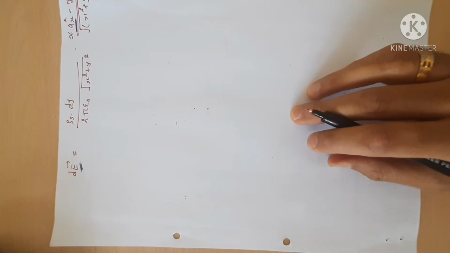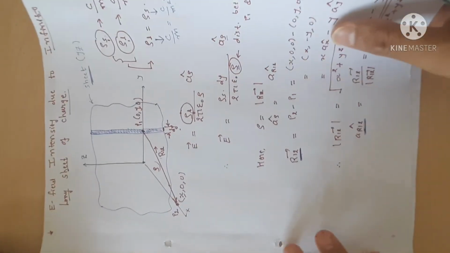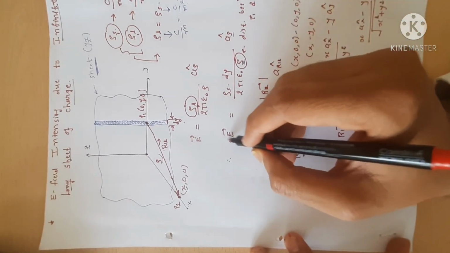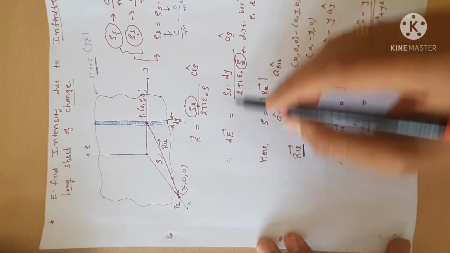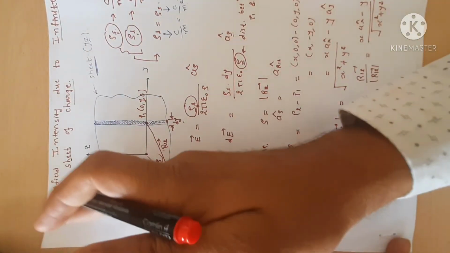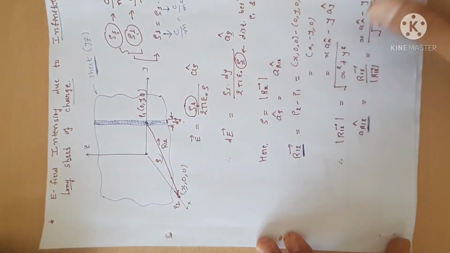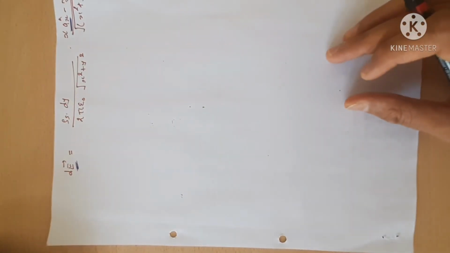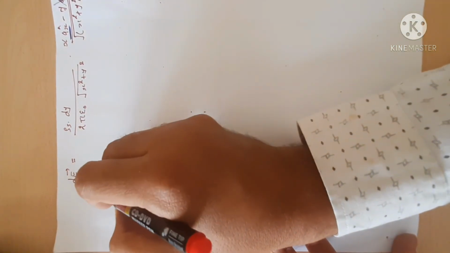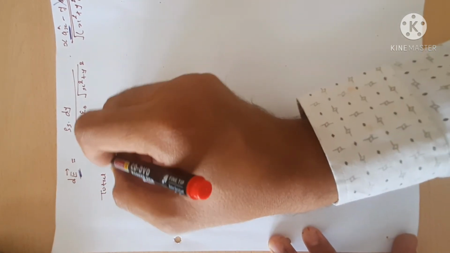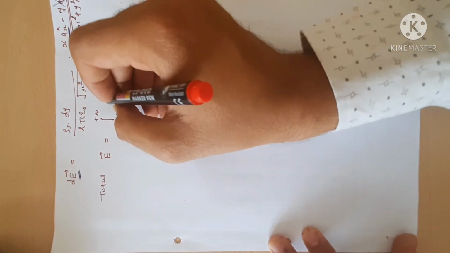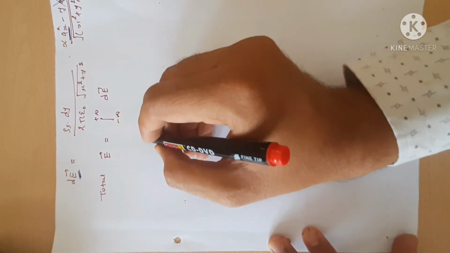Okay, fine. So actually this is a differential electric field. Why is it differential? It's not the whole electric field, but this one is my differential electric field, dE. Why differential? Because we consider a differential length to divide this infinitely long sheet into an equal amount of lines. So now the total electric field due to the infinite sheet is the integration from minus infinity to plus infinity of dE vector.